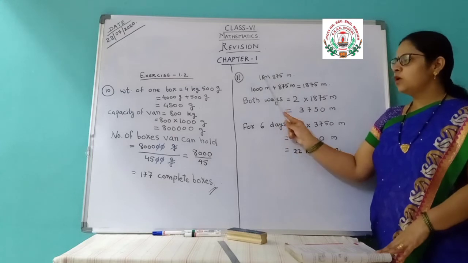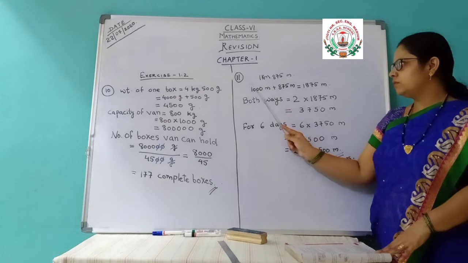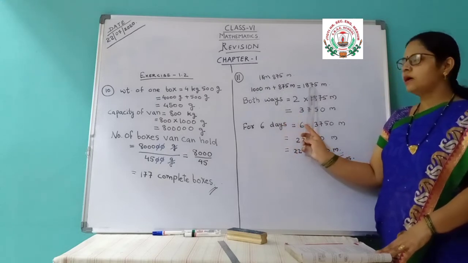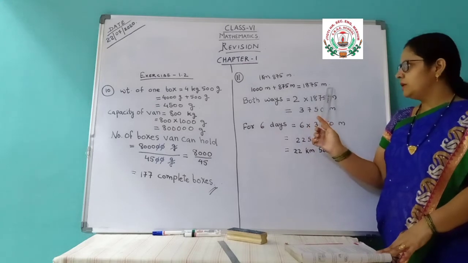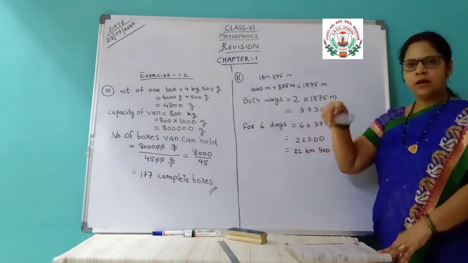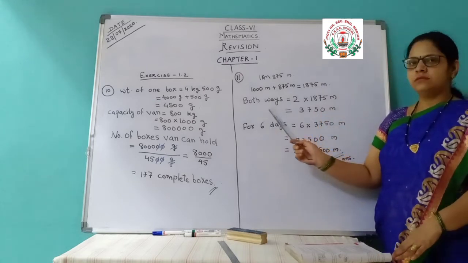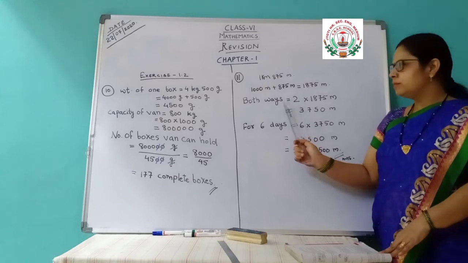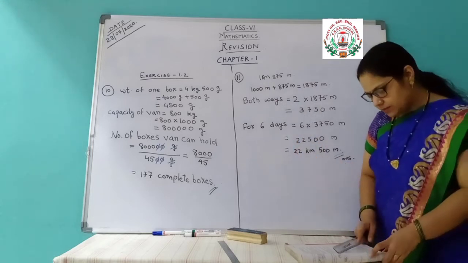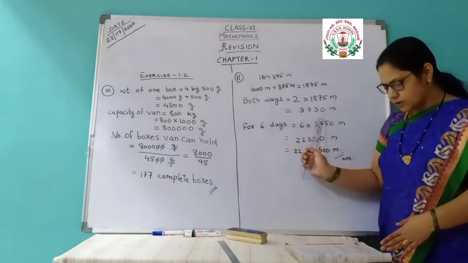Then it is in kilometer, so we are converting into meter. 1 kilometer is equal to 1000 meter. 1000 meter we have written and this is also meter. Combining these two, 1875 meter. It is from one side, school to house. Now when you come to school, you again have to go back home, so both ways. So multiplying by 2, you will get this answer.